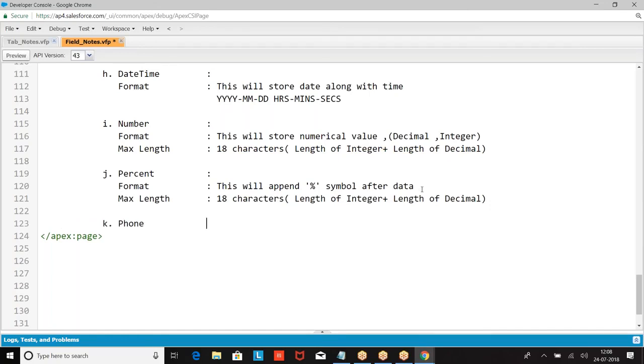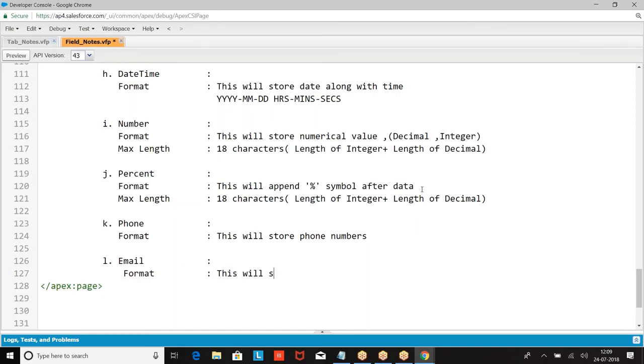Then phone. This will store the phone numbers. Email. So phone, email, then we have URL.